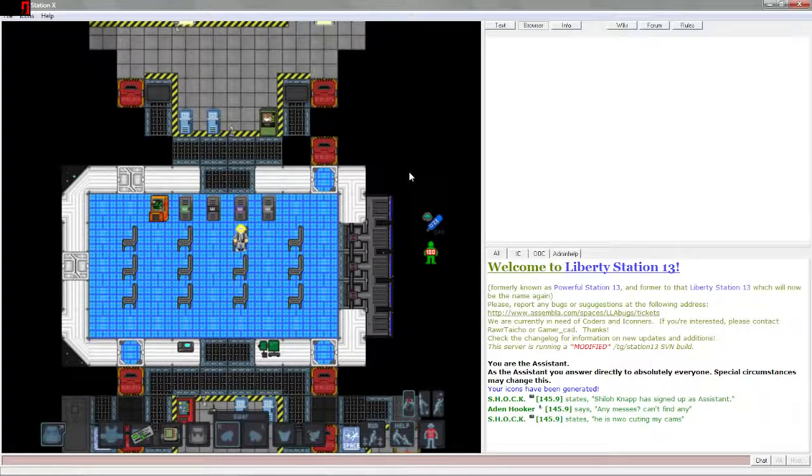Space Station 13. How do I describe this accurately? You're a human on a space station trying to fulfill some kind of job and not get killed in the process. Which, that last one, that's the hard part. That's the tough one. Completing your job for the most